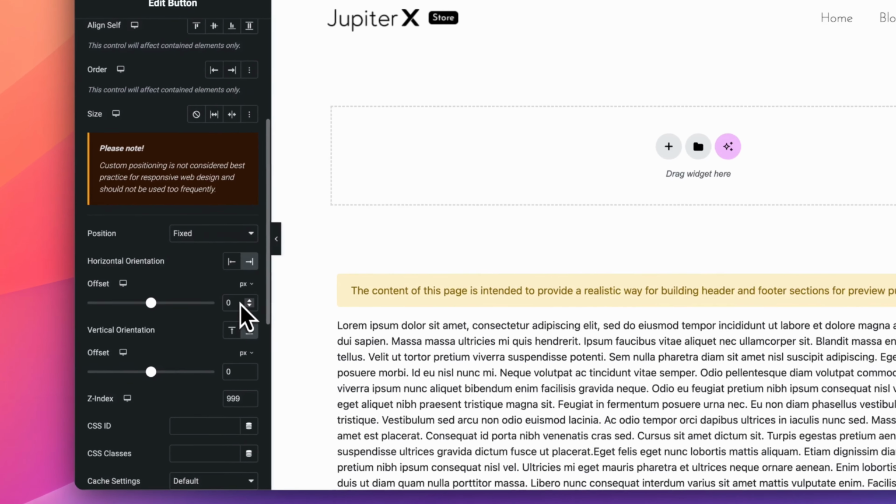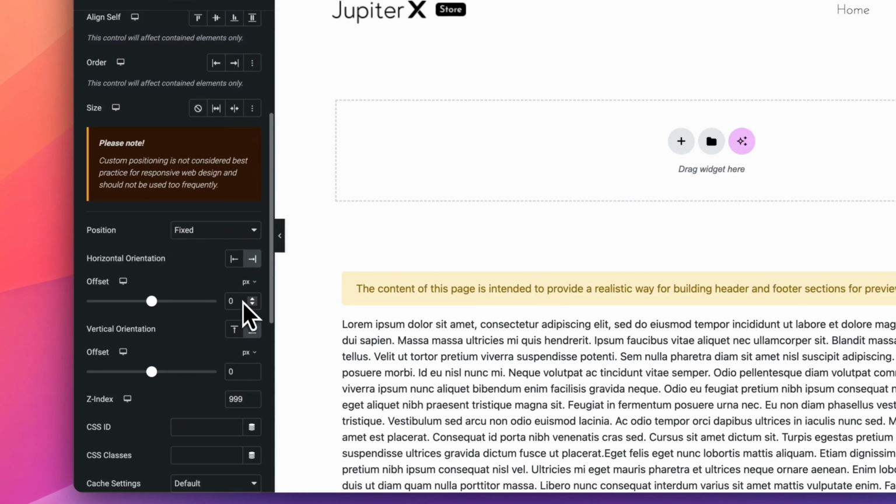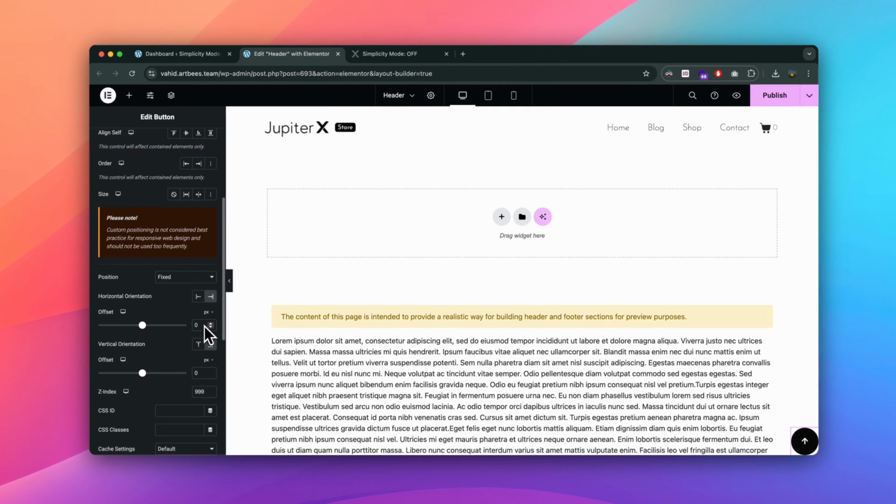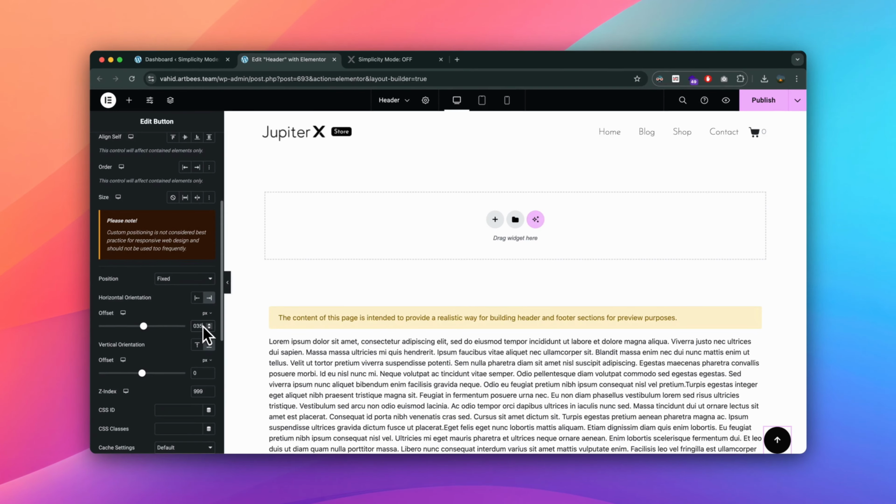By adding horizontal and vertical offsets to this fixed position, you can precisely control its distance from the edge of the browser window. Now let's increase the horizontal offset to move the button farther away from the screen's edge. This 35px offset, for example, shifted this button 35 pixels to the left. Alright, let's go ahead and adjust this for a vertical offset too. And, just like that, you've shifted the button up by 35 pixels.